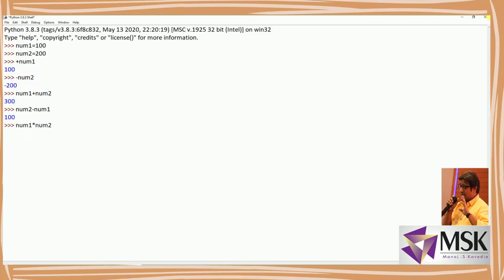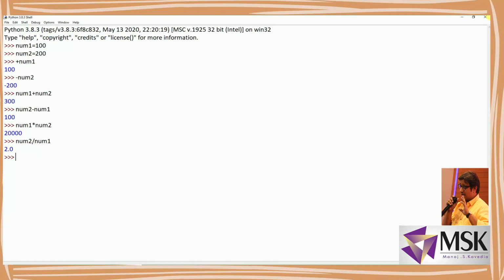So it is giving me the product, 10,000. Now I'll write num2 divided by num1. The answer is a float, because you may sometimes get the result in floating point value. So division generally returns a float. So we have seen plus, minus, multiplication and division.